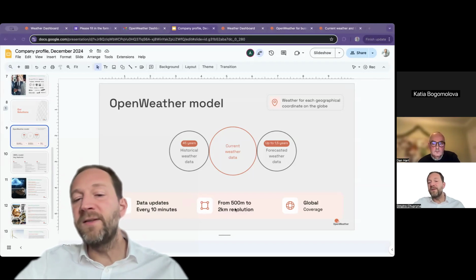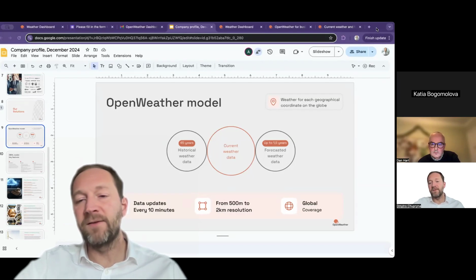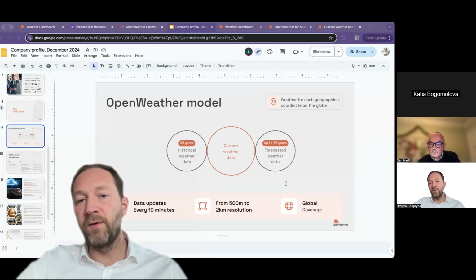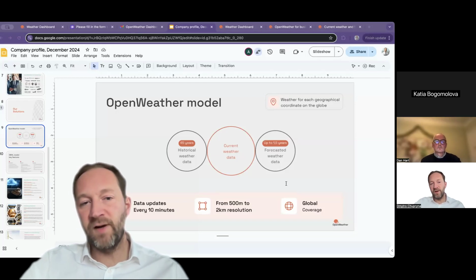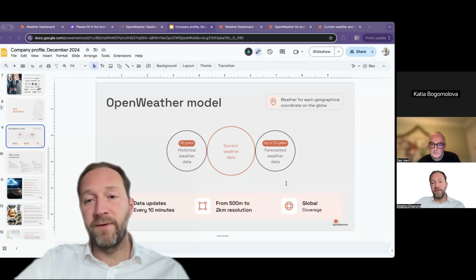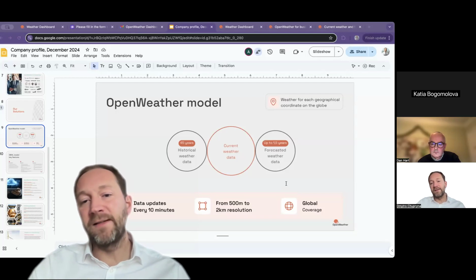Sometimes it's up to 2 kilometers, depending on the territory, because again, this depends on the data sources we have and the granularity of them as well. But of course, we have a whole machine learning model. So we have an AI/ML model which trains on its own mistakes, if we frame it like that. We constantly check the forecasted data against the real measurements and recalibrate,